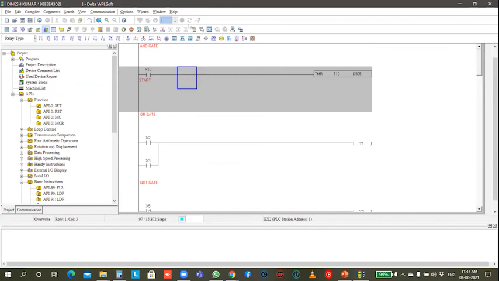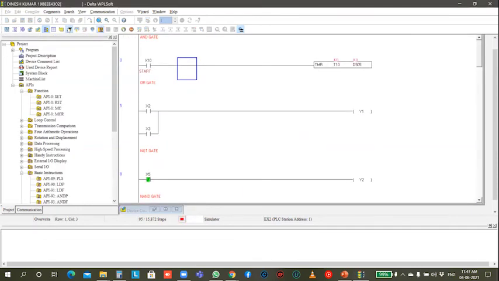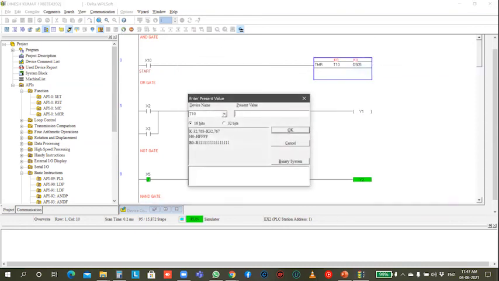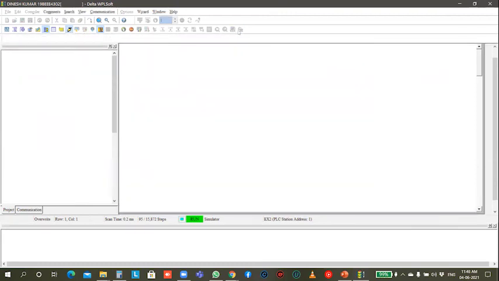So now the motor is in running condition. I just clicked in and changed the value for D, D equal to 100. If we switch it on, the value will increase and reach the highest value.